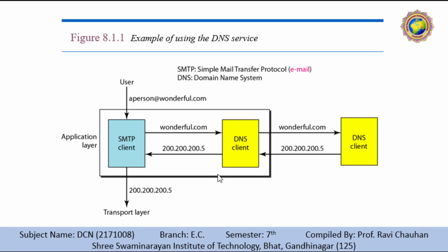To identify an entity, the TCP/IP protocol uses the IP address, which uniquely identifies the connection of a host to the internet. However, people prefer to use names instead of numerical addresses. Therefore, we need a system that can map a name to an address or an address to a name.